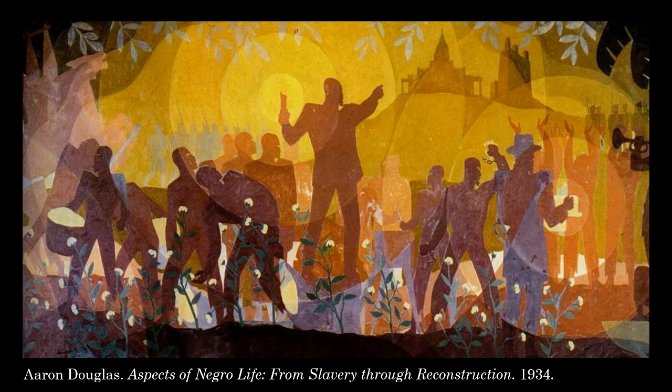So let's talk about what we see in this work, From Slavery Through Reconstruction, from that series. First off, you might notice that all of the figures are the simplified, silhouetted people in profile. Notice that the eyes are rendered frontally, like in Egyptian reliefs and frescoes. He also limited his color palette to only a few subtle hues, although they appear in both light and dark